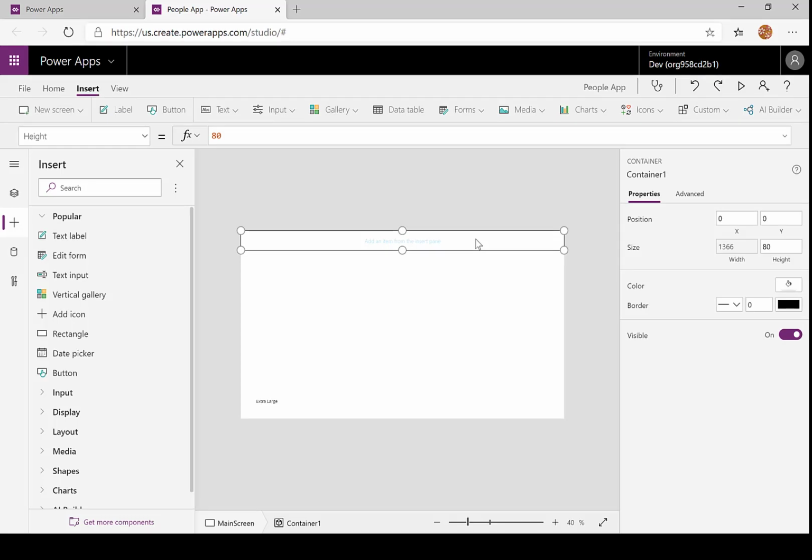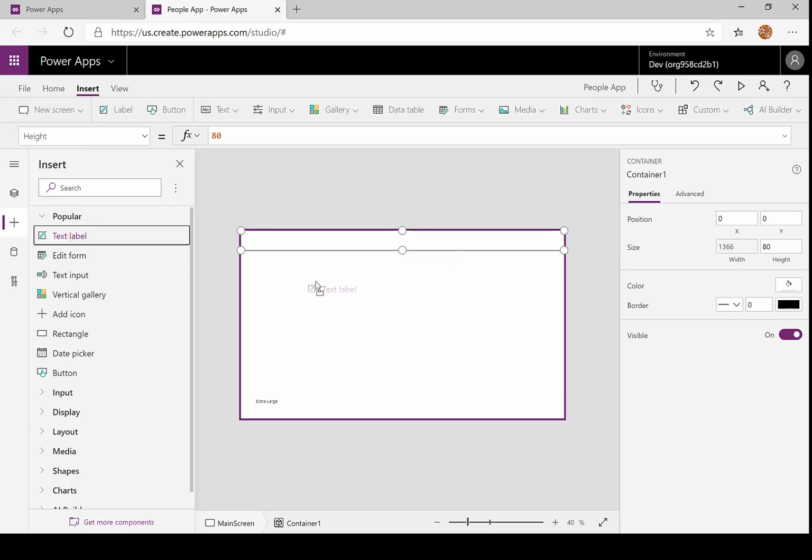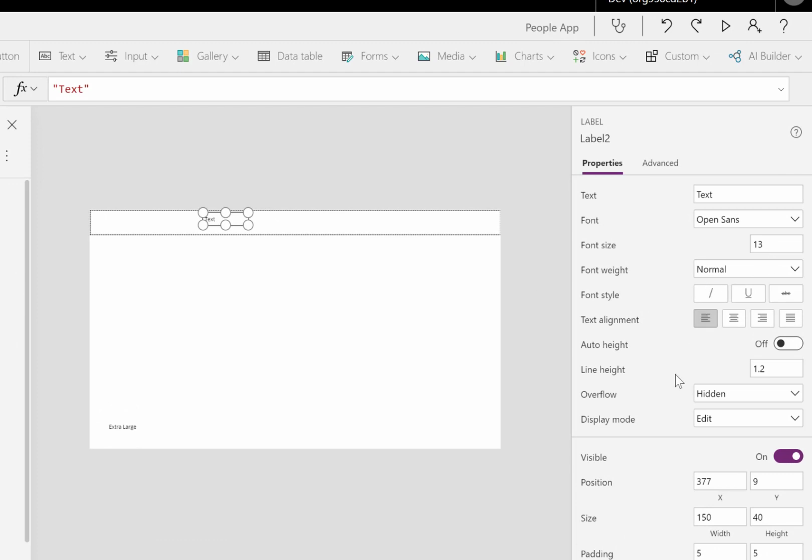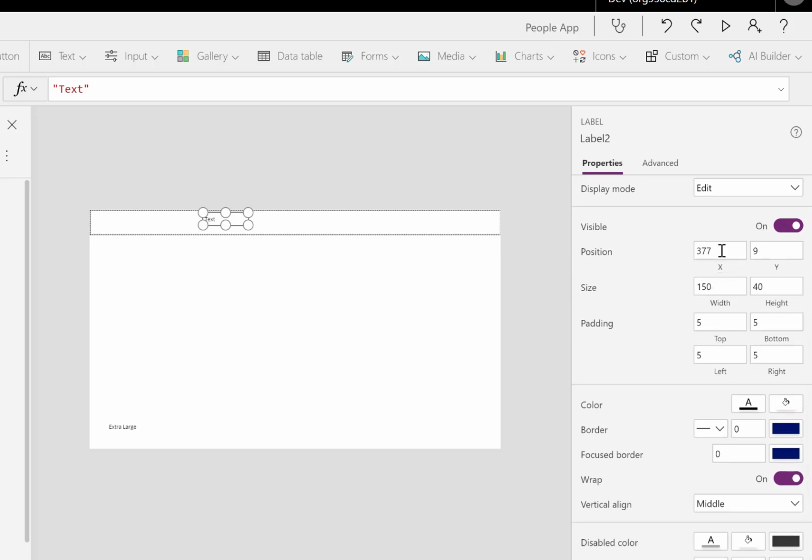I am then going to, inside that container, put a text label. When you drag, do you see that's the whole screen, and that's putting it inside the container. I'm going to change the properties on this as well. Just scroll down that for a second. These are the dimensions inside the container. So 0, 0, we'll put it in the top left hand corner of the container. And my width, it's going to be